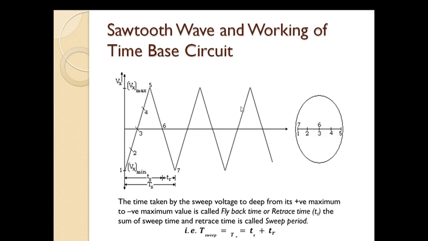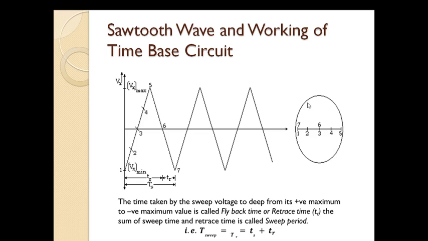So you can see this sawtooth voltage, when applied to the X plates through the time-based circuit, will provide the deflection in the X direction, that is in the horizontal direction, and it not only traces the signal but at the end of the horizontal deflection it brings the point back to the starting point to trace again. So the requirements of the horizontal signal, that it should cover equal distance in equal intervals of time, and at the end of the horizontal deflection it should come back to the starting point to trace the signal again,